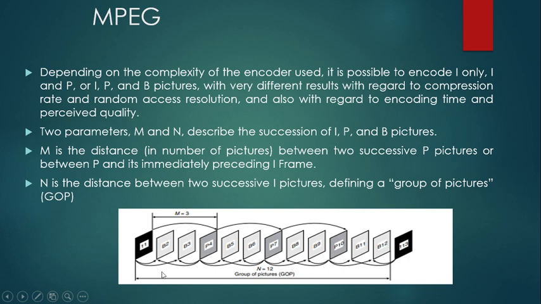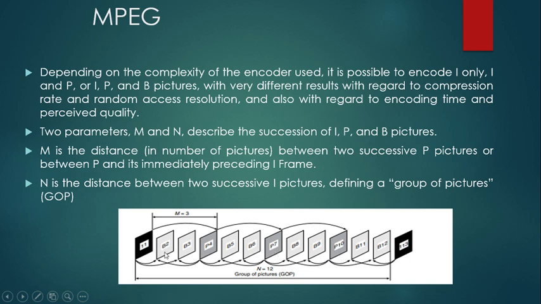When you are looking at an I frame, that is the entry point to a frame. At the starting, we will always have an I frame, and that is going to be coded independently, with the same steps as that of JPEG. But a P frame will be coded with respect to the preceding I frame or a preceding P frame. Look at P7, it will be coded with respect to the preceding P4 frame. So if an error is there, it is going to get propagated in the case of a P frame.